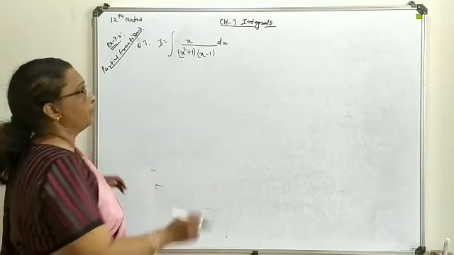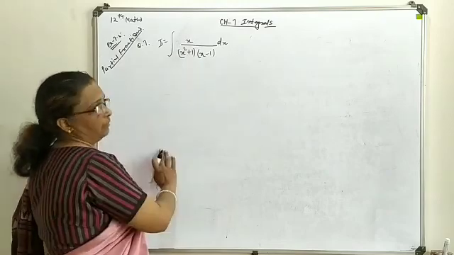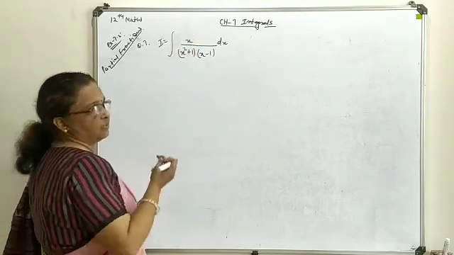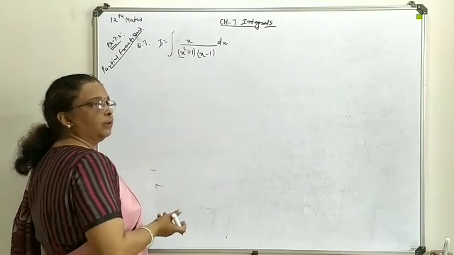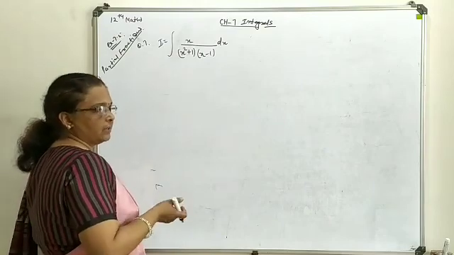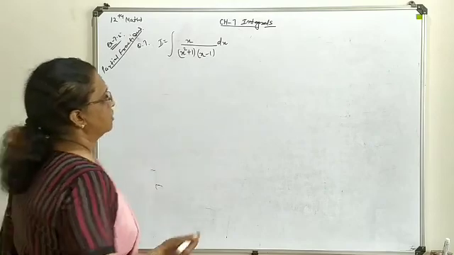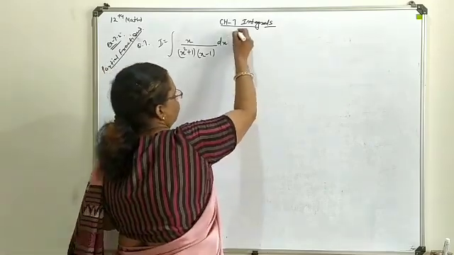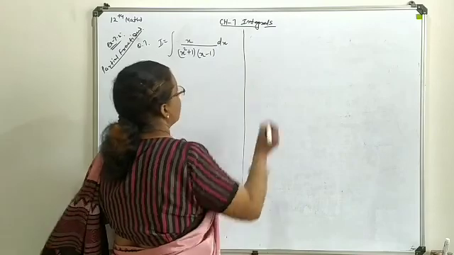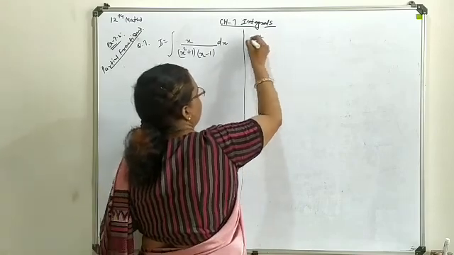Now here you see the denominator contains x power 3, whereas the numerator contains x power 1. So it is available in a proper form. So we can proceed further as such for a partial fraction. So let's start with the evaluation of constants with the given combination.